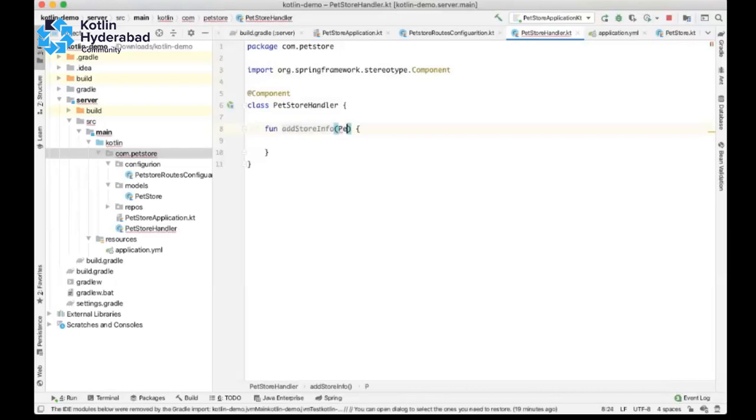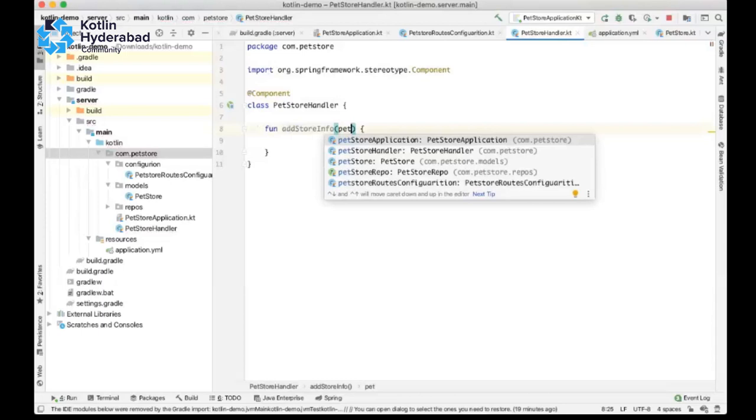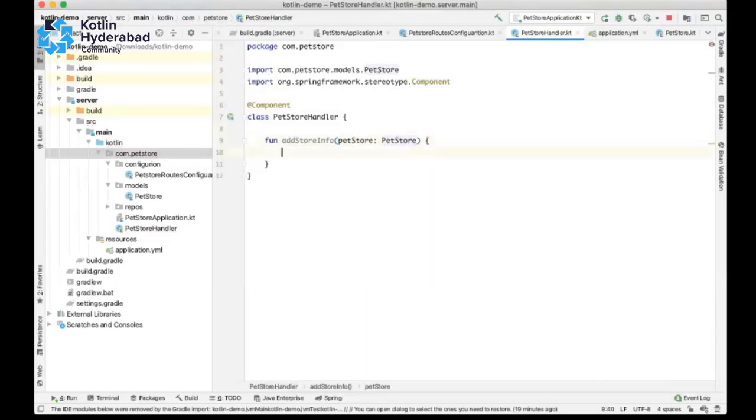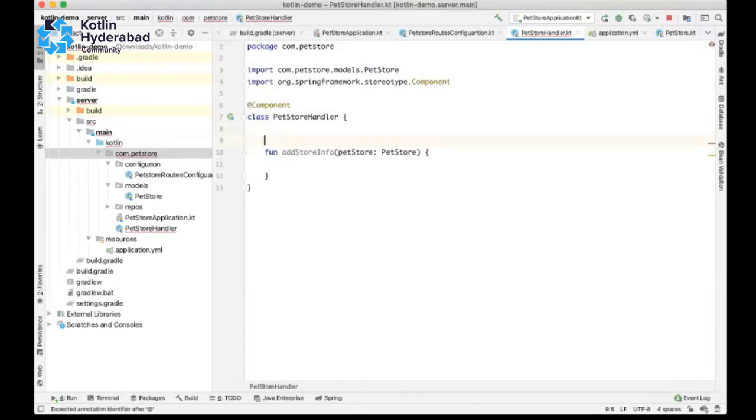So here pet store. It is going to accept pet store info from the user. Here we don't need to write anything. Here, yeah. We will autowire the repository.